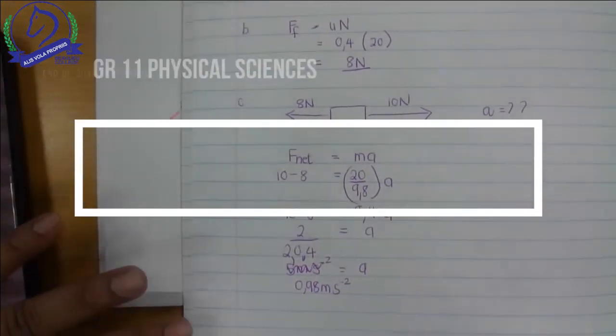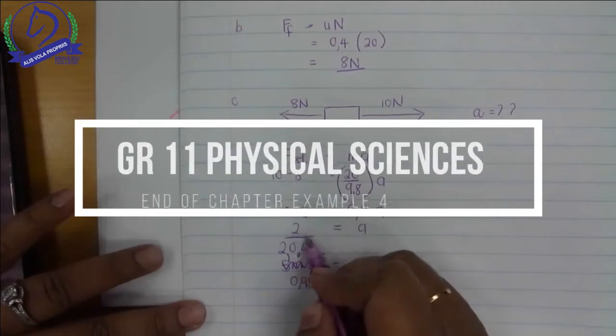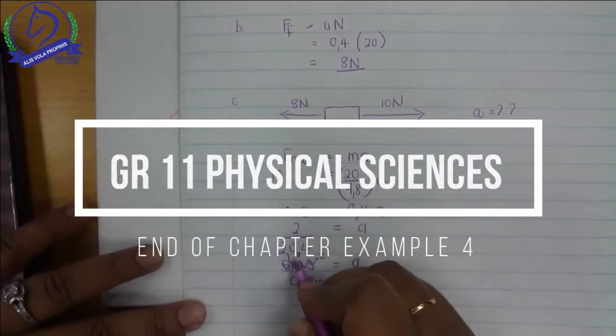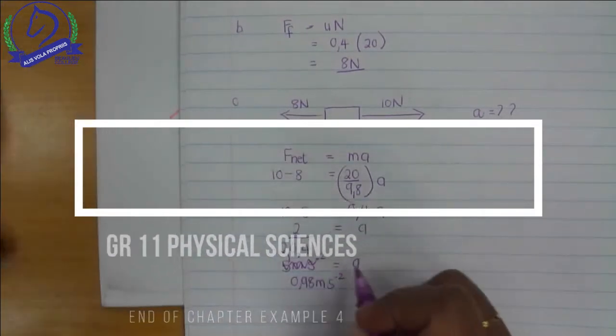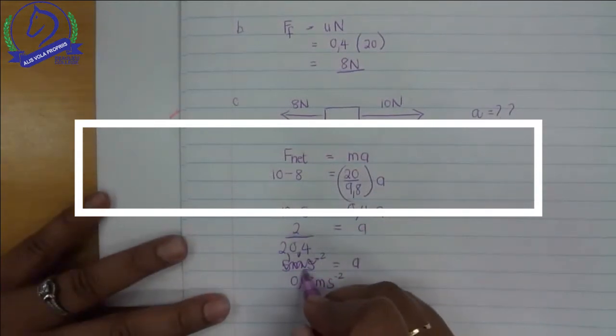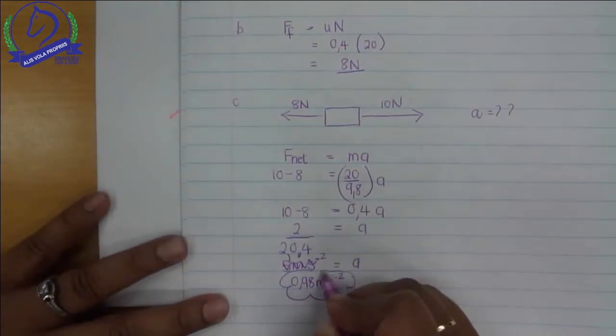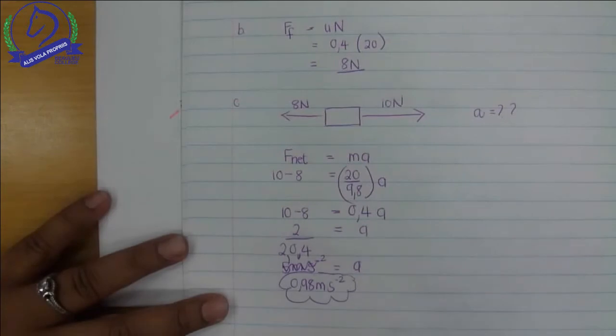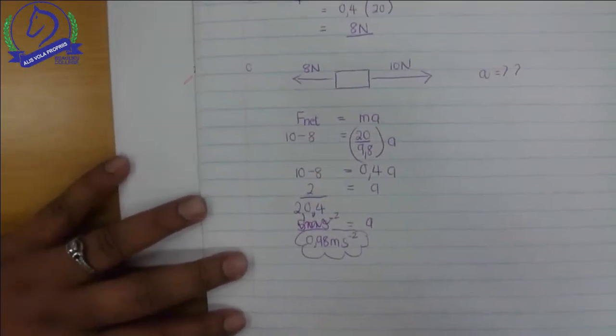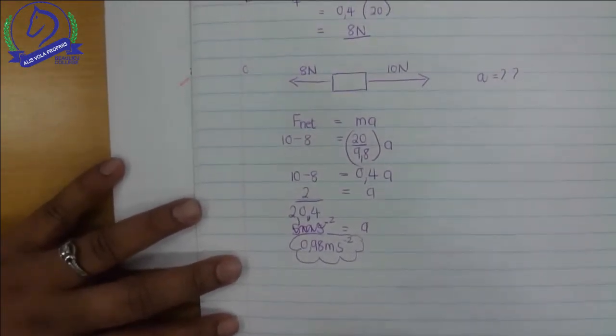Okay, so we come back to that recording and we divided our 20 by 9,8 and we got 2,04, and our acceleration is 0,98 meters per second squared. Okay, now